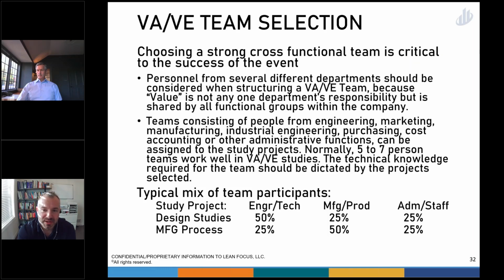Kevin talked a little bit about team selection. I can't underscore this enough. It's probably no surprise here, but the team makeup should be cross-functional. It should represent the functions and disciplines that come in contact not only with the product, so think about engineering disciplines, mechanical, electrical, hydraulic, chemical, whatever disciplines are involved, but also market functions, so product managers, marketers, and so on.